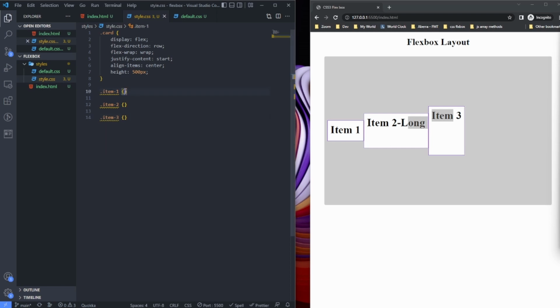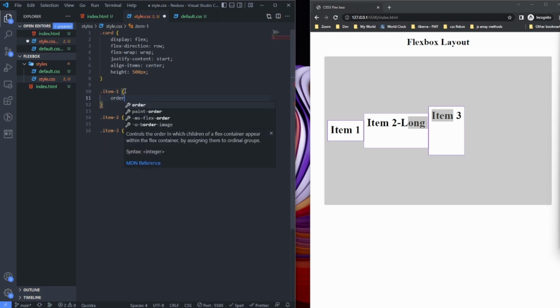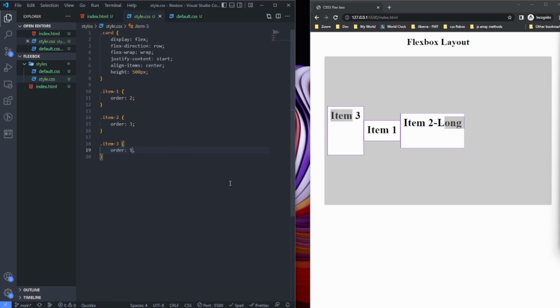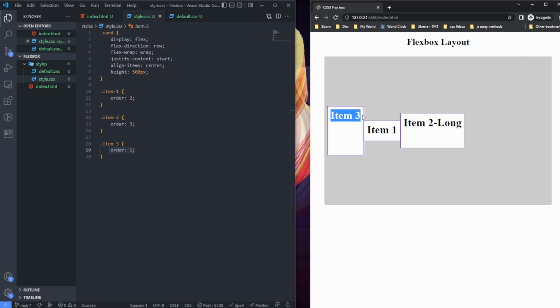So I can say that item 1 order is maybe 2. Yeah, let me say it like that. Item 2 order is 3. I can say that order is 1. So basically it's going to shuffle around. Now item 3 is now taking the first spot, which is basically being ordered to be like the first item